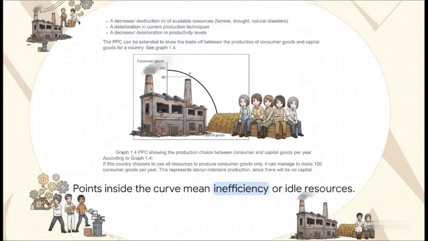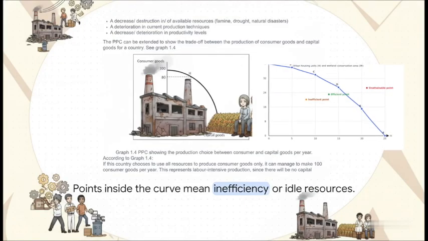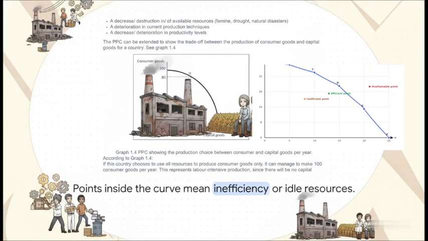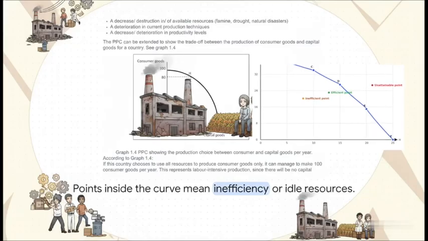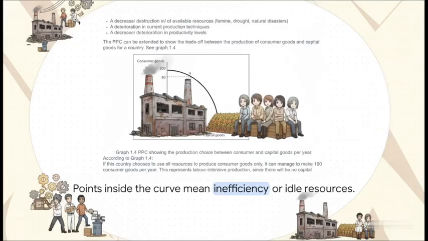But what happens if we look at the empty space inside the curve? Well, producing anywhere in this internal area means we are suffering from inefficiency. It tells us we have idle resources. Maybe factories are sitting empty or there's a high rate of unemployment. The tragedy here is that we could easily produce more of both goods just by putting those idle resources back